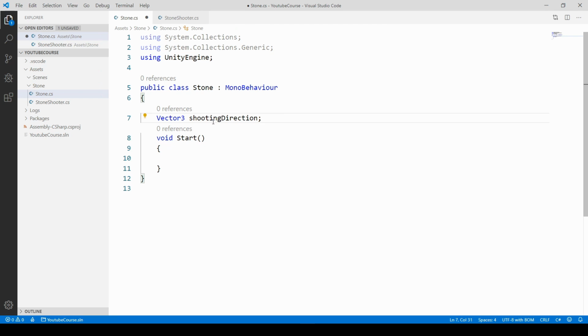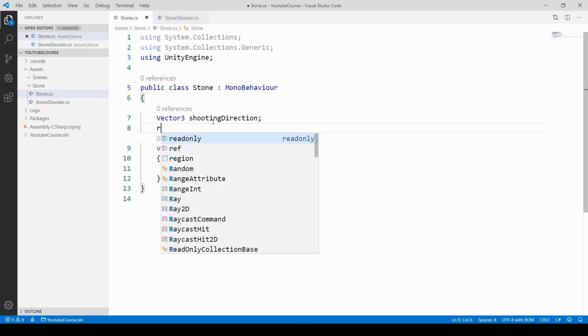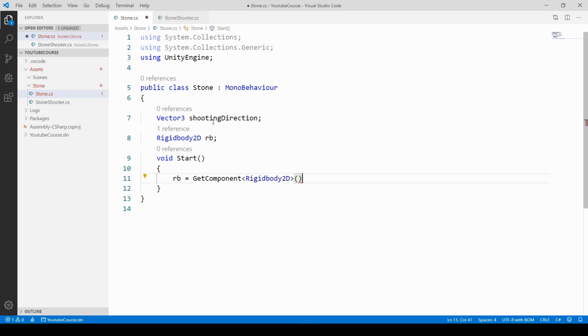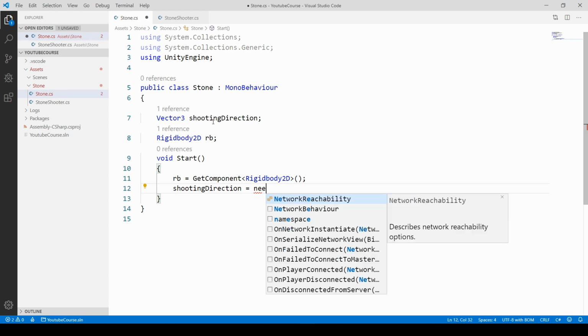We can make a reference to our rigidbody component straight away. So let's say Rigidbody2D rb. And then inside the Start method, just make a reference to it: rb assigned GetComponent Rigidbody2D in parentheses. So now we can assign some value to our Vector3 that we defined above. So let's use its name, shootingDirection. Let's create a new Vector3,